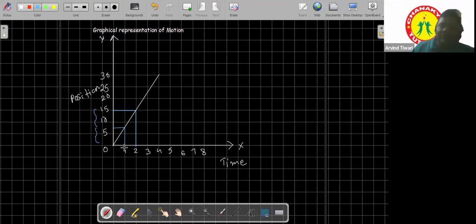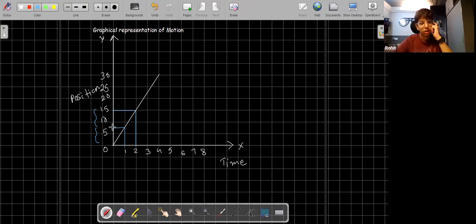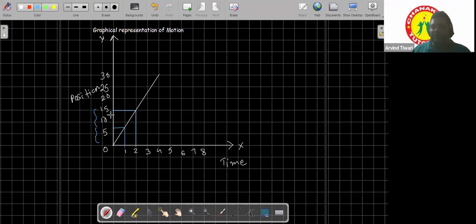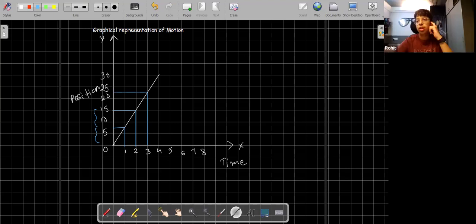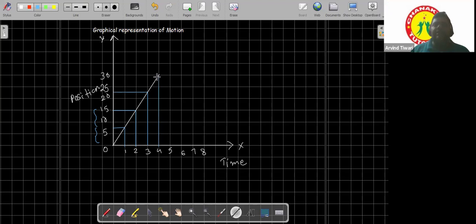In 1 second, it seems to have completed around 7.5 meters of displacement. In the next 1 second, it also seems to complete 7.5 meters of displacement. In the next 1 second also, about 7.5 meters. So can I say that it is making equal displacements in equal intervals of time? Yes. So whenever you find a straight line in a position-time graph,